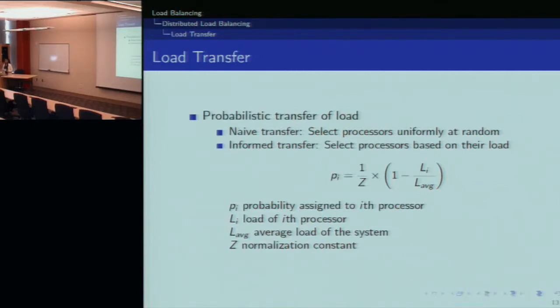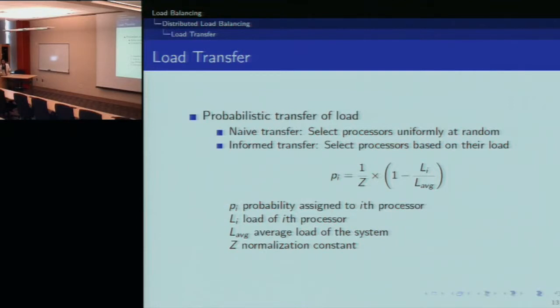So till now, in the information propagation stage, we have a partial list of underloaded processors in the system. So the overloaded processors now decide in isolation to transfer the load. This transfer of load is totally decentralized, and every processor makes its decision in isolation. So there are two schemes again for this. One is a very intuitive, very simple scheme, in which you select the processors uniformly at random from the list you have. And the other one is the informed scheme, in which